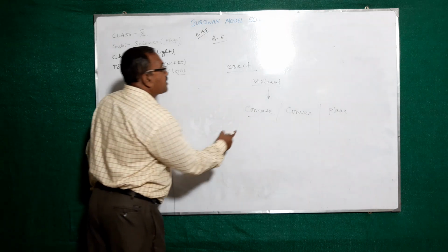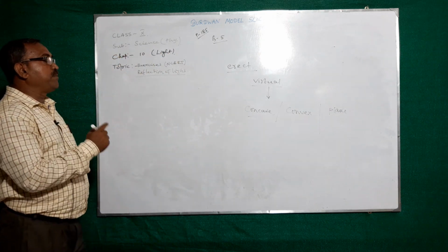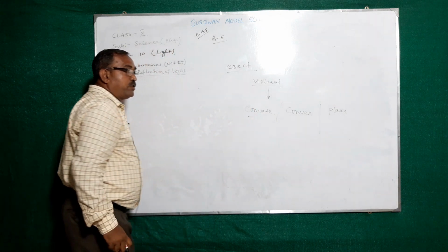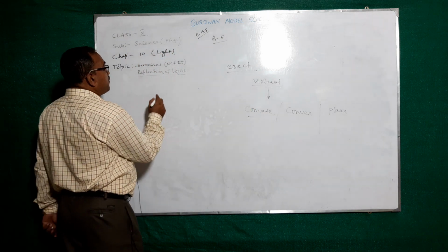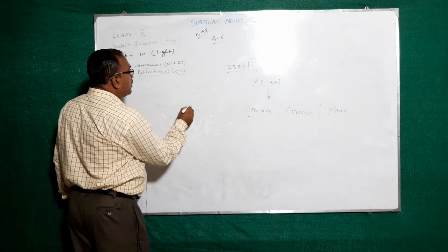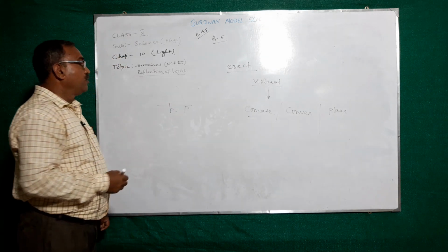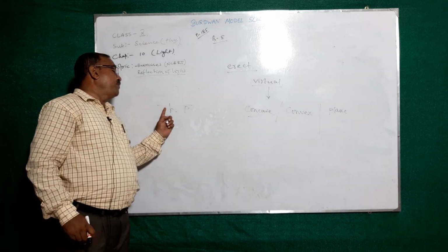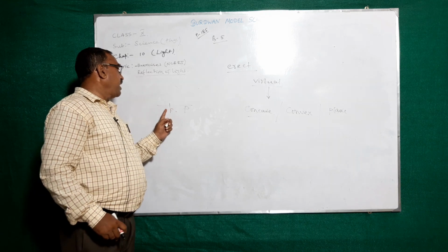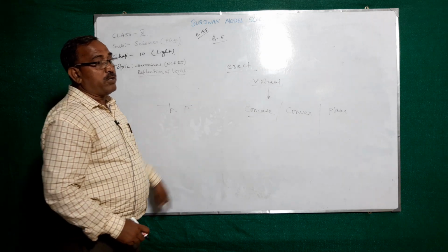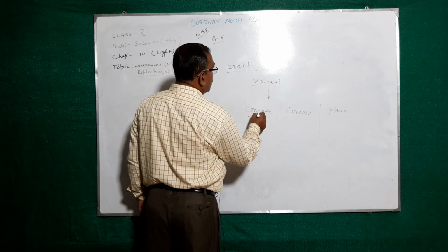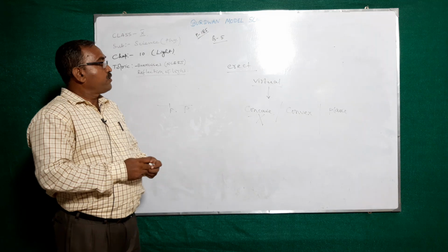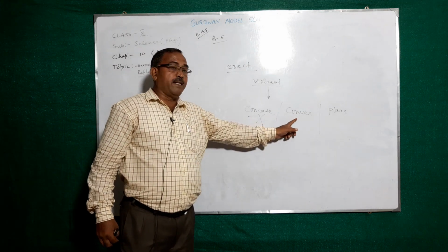So, first one you consider here, concave mirror. A concave mirror forms the virtual image if the object is placed in between the pole and focus. Beyond the focus, the image must be real. So, it cannot be virtual always. So, this answer is wrong. If you consider the concave mirror, it is wrong. Convex mirror.